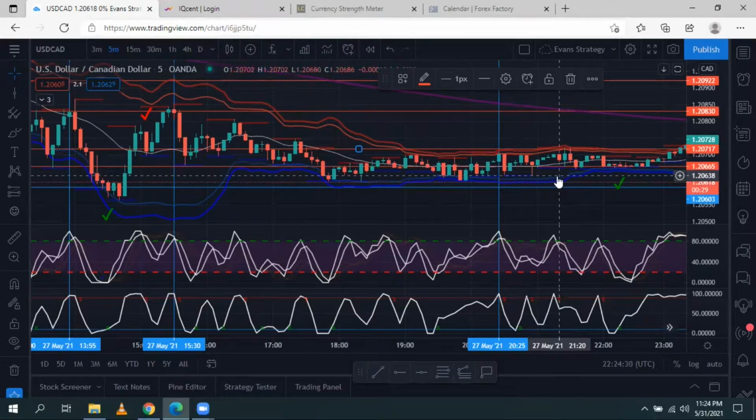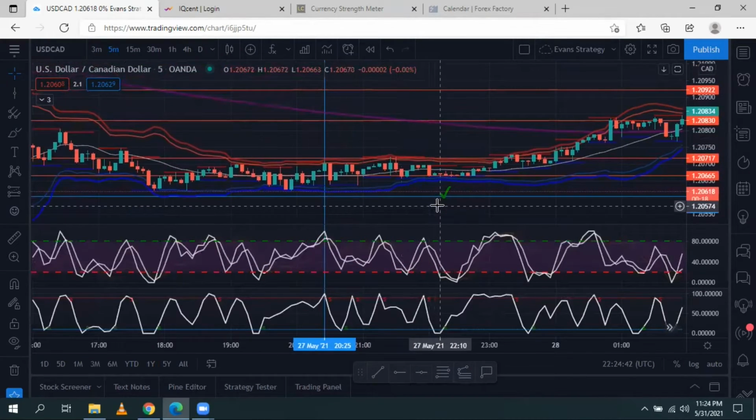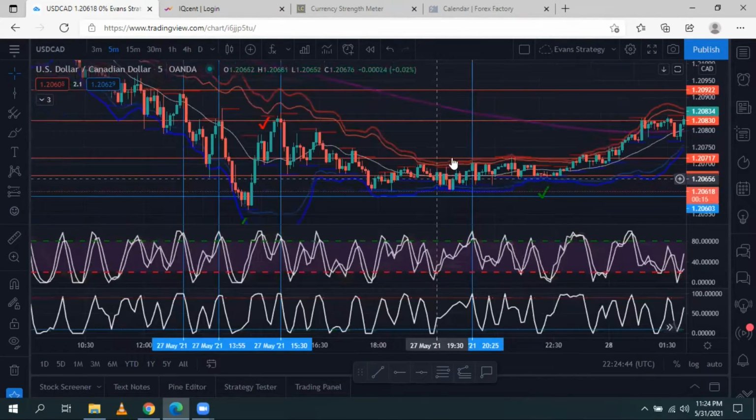So now we have another one right here. This was overbought, this was overbought. The market came here and it went down. So if you keep going, you see a lot of... I don't actually like going back in time and seeing